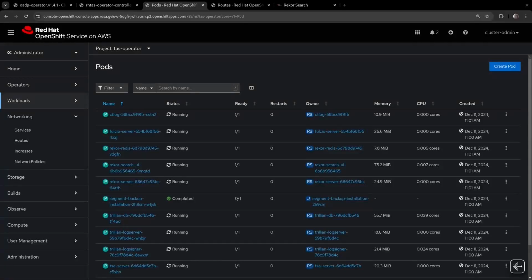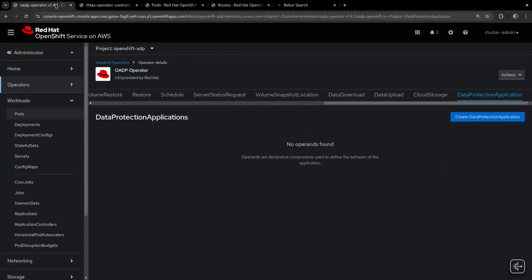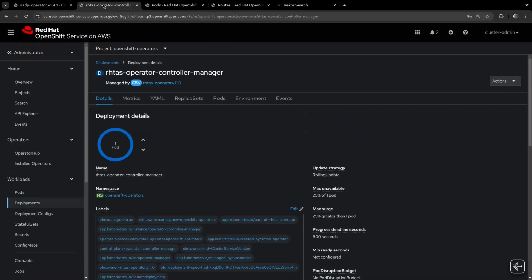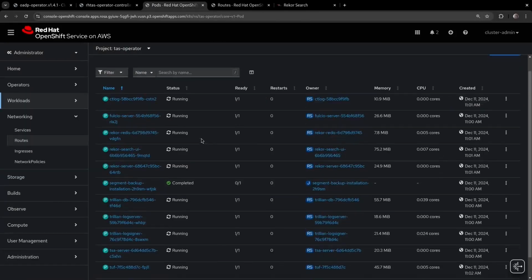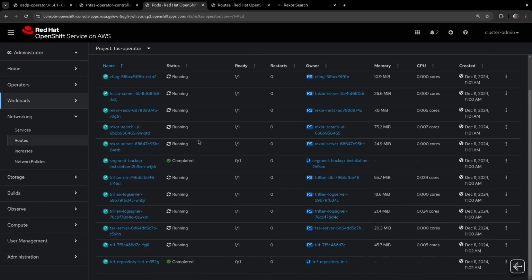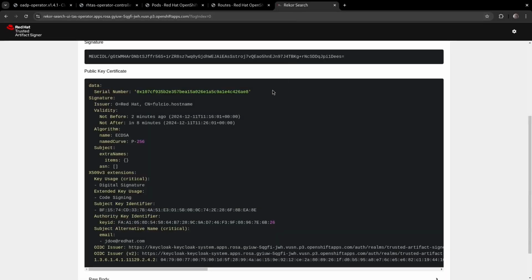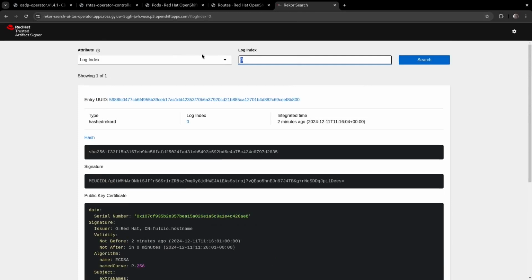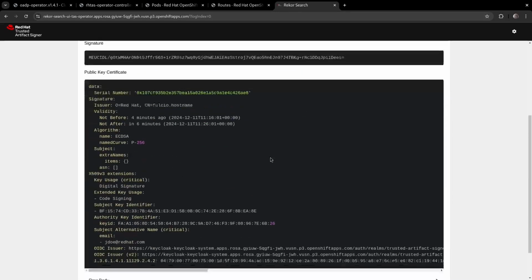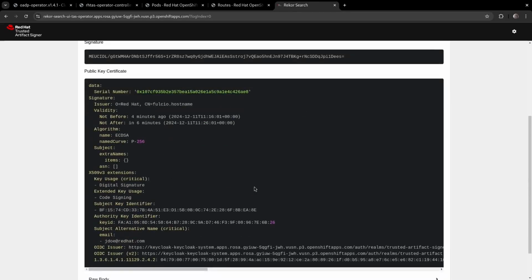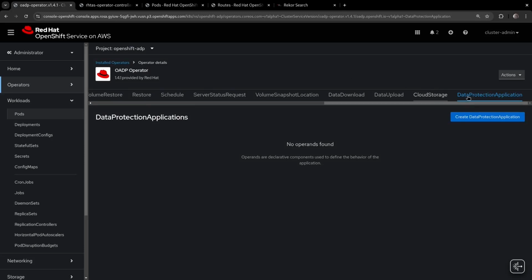Hello folks, so today we're going to be doing a quick demo of the RH task backup procedure using OpenShift API for data protection. One of the prerequisites for this is having a running instance of tasks, of course. It's probably best to have a signature within the logs just ready, just to have something to test the procedure with. So I have one present in the log, just one, and we're going to create the DPA,